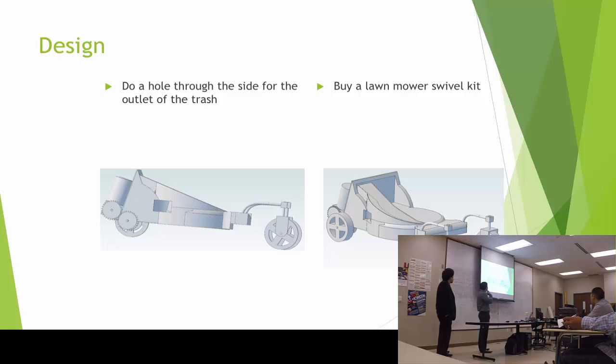On the side, I was going to put that hole because the outlet for the trash for the mower was going through the back, because it was first a back, it was there in the back. So I had to do a hole in the side. And on the right, you can see the front wheels, the front tires, which let the mower rotate freely